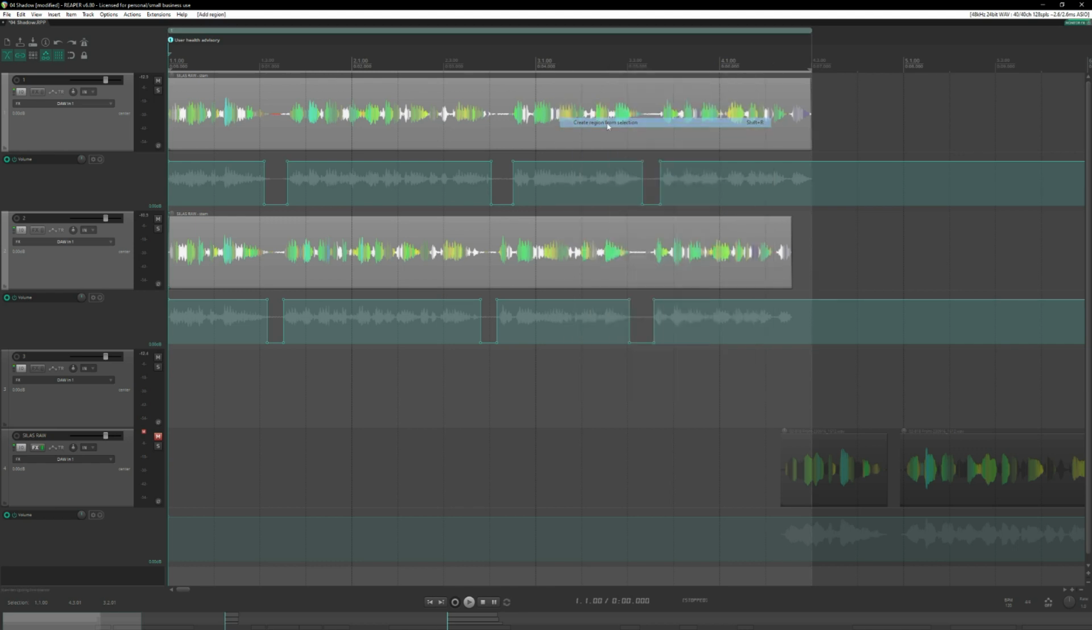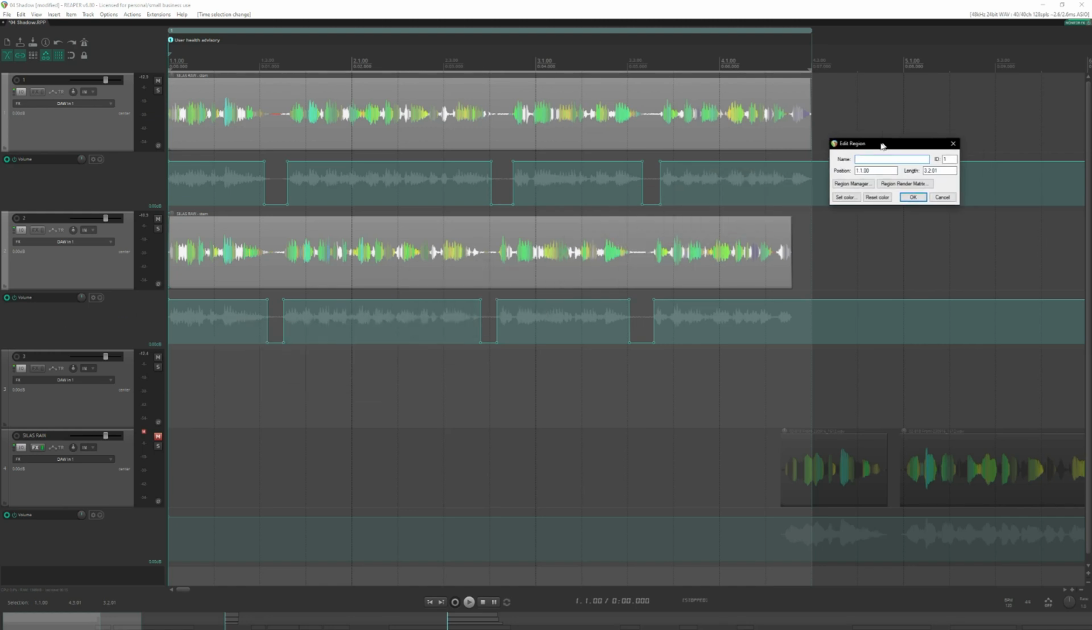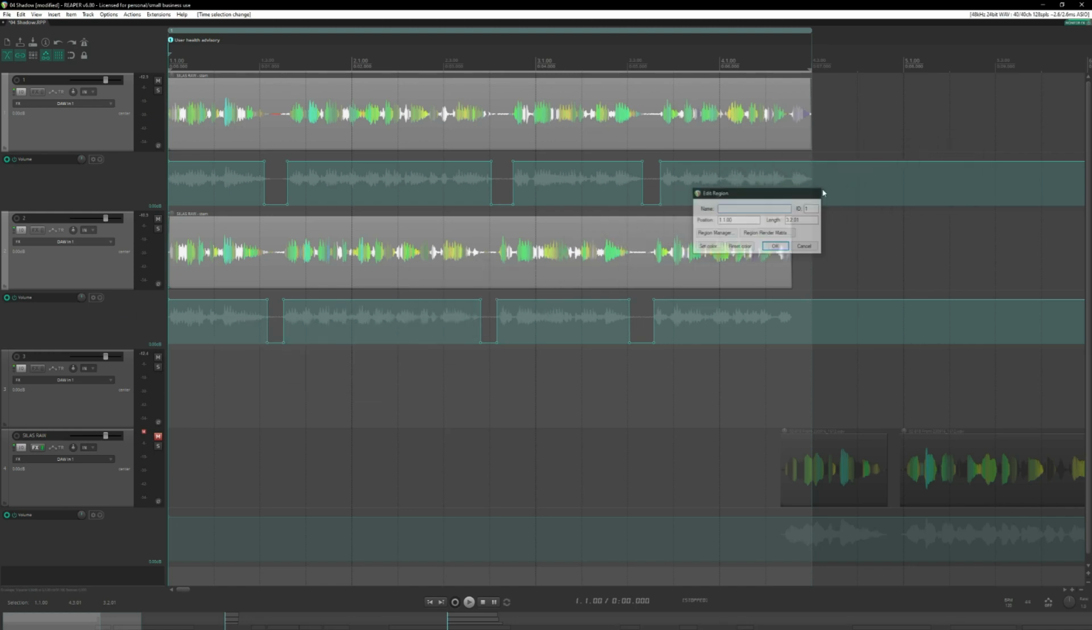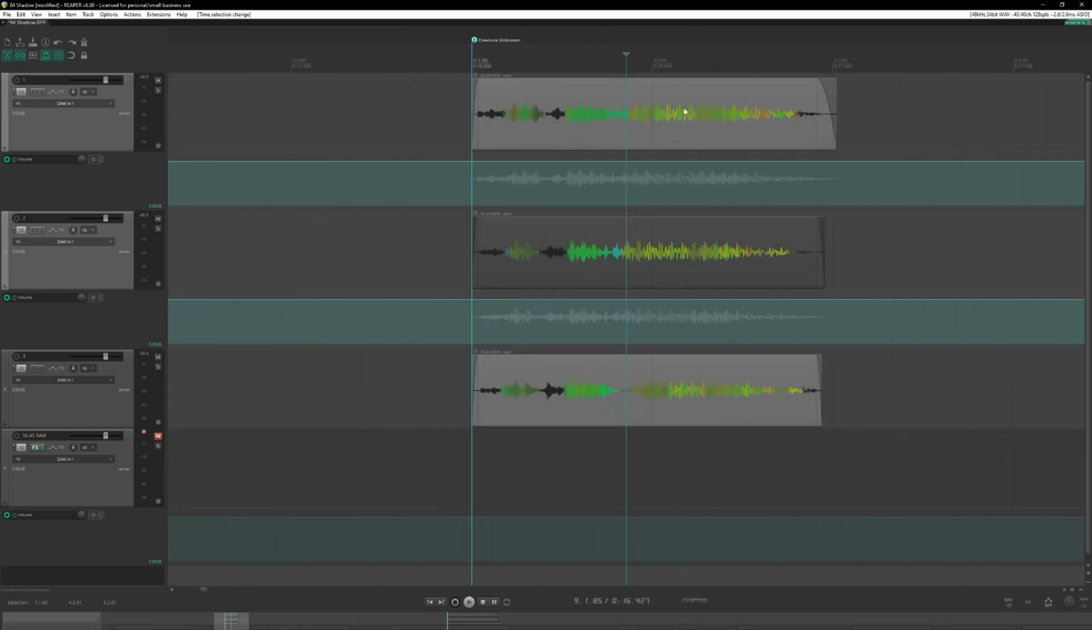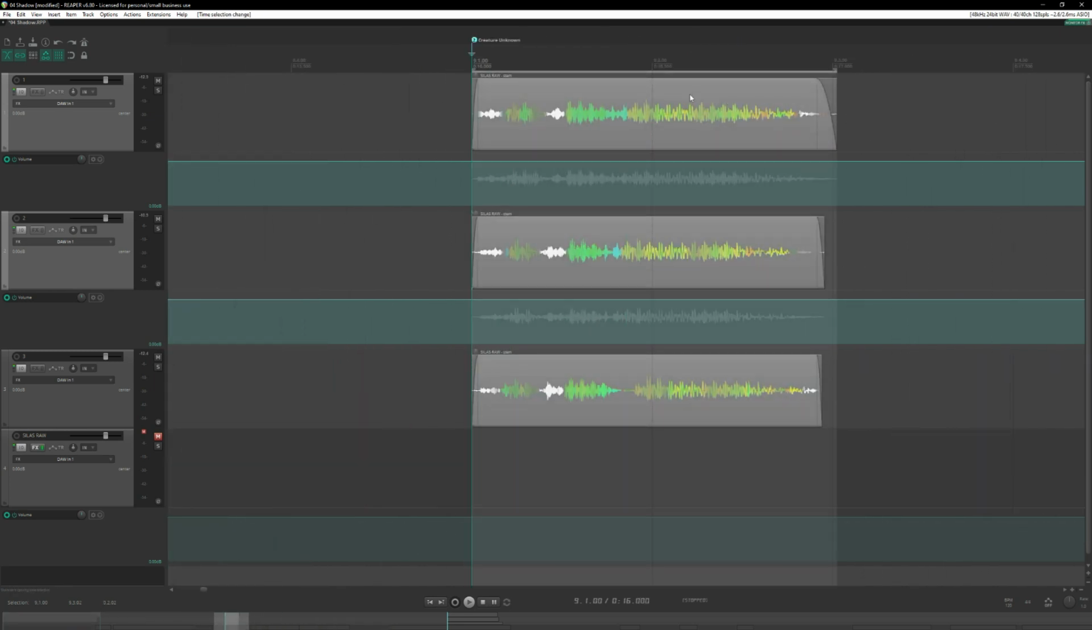I don't care about the name of my project regions, but I do care about the number. I'll edit the region number by right-clicking on the region and selecting Edit Region. The region number should correspond with the line number for the scene. That means it's fine for the first region to be number 1, but with this next region, I'll have to